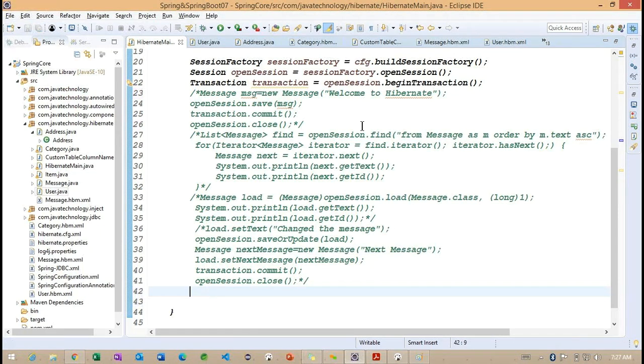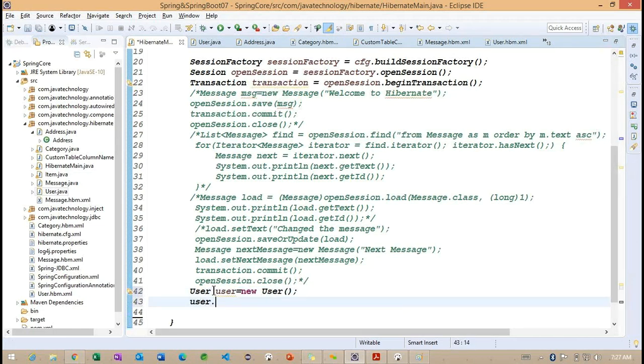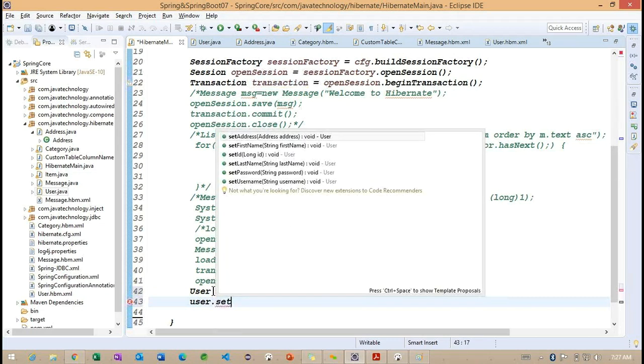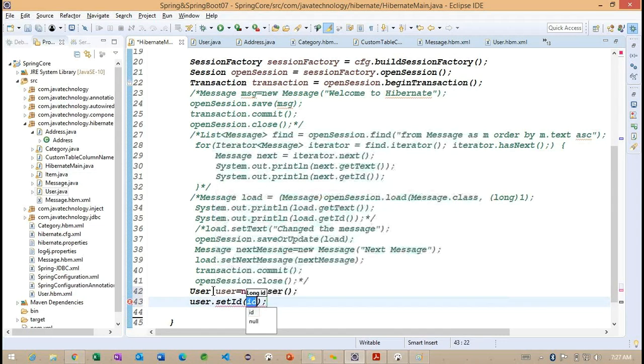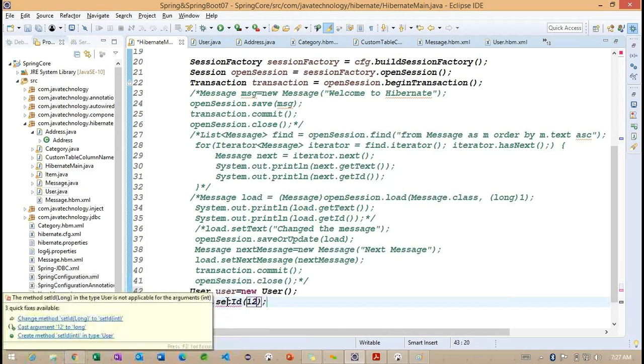To create here, let me create a, okay. So this is a user object here. User dot. So I want to provide first ID.